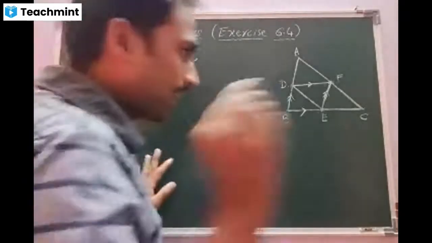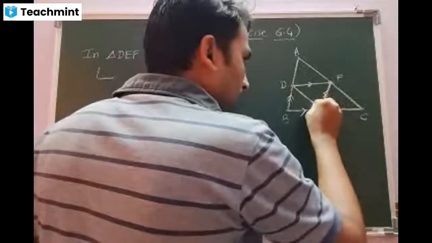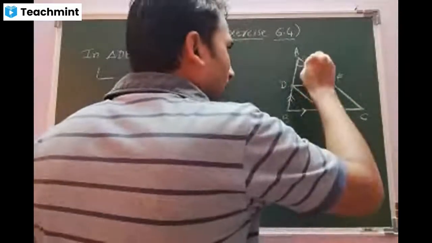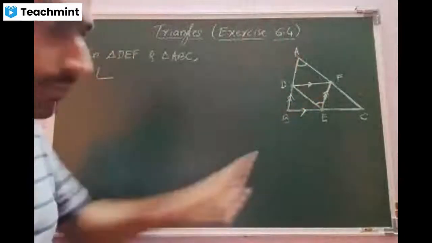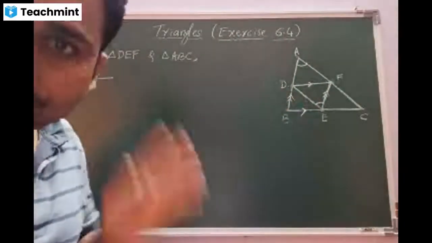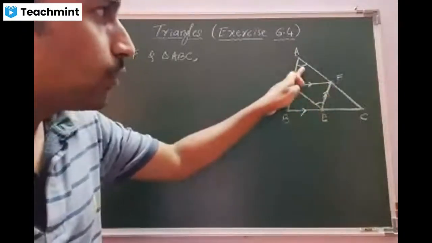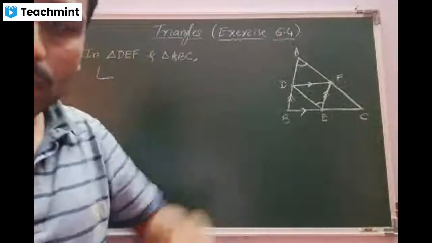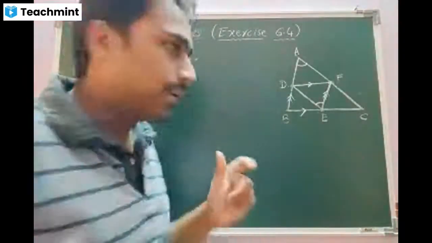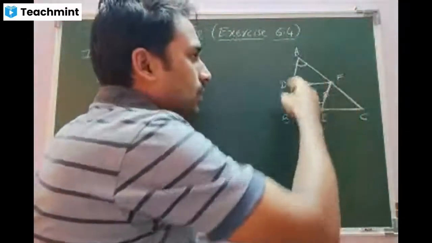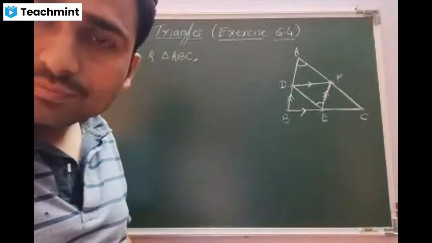Carefully, beta. What I can do, all of you observe. First, angle BEF, this angle is equal to angle BAC. Do you agree with my statement? Yes, sir. Now this angle of this triangle will be equal to this angle of the bigger triangle. What is the reason, beta? Opposite angles of parallelogram are equal, sir. Yeah, beta. These are the opposite angles of this particular parallelogram. Correct, beta?